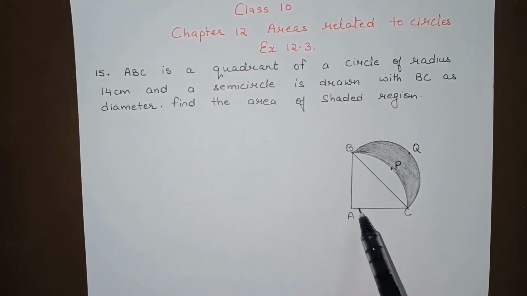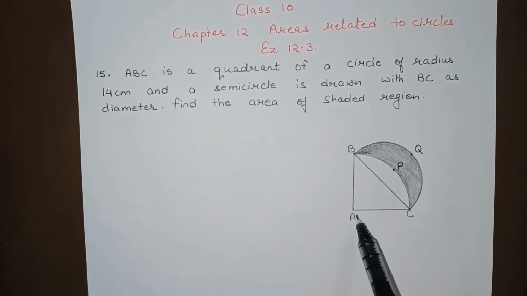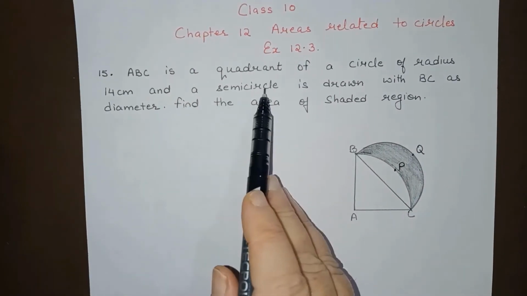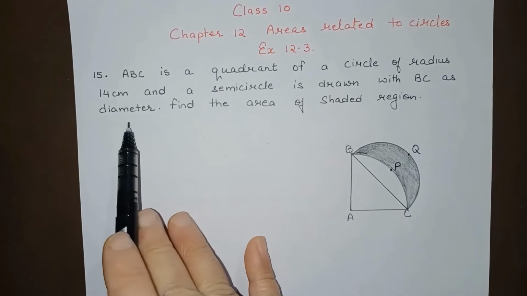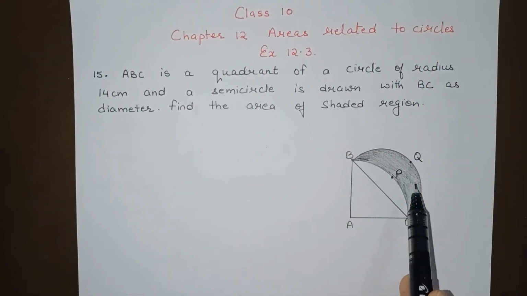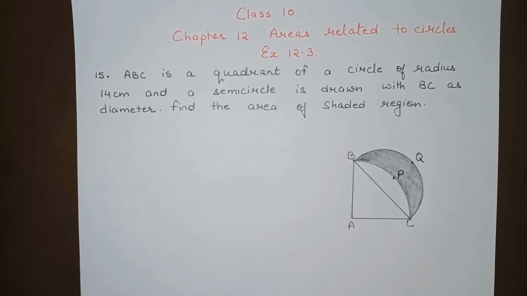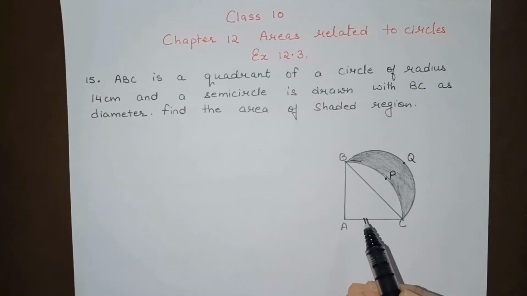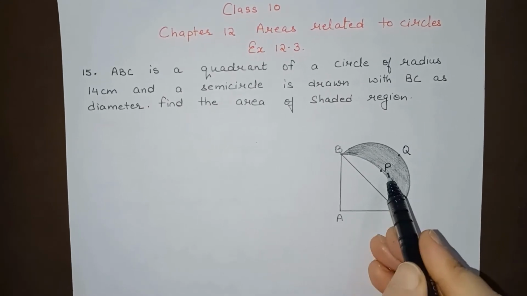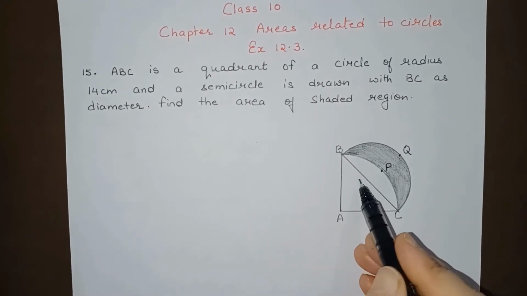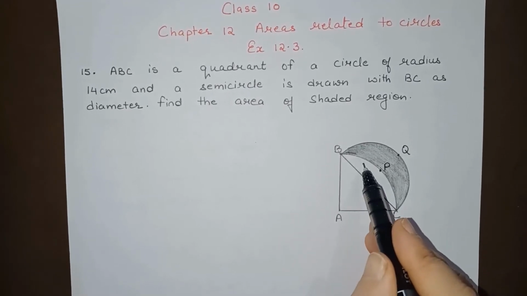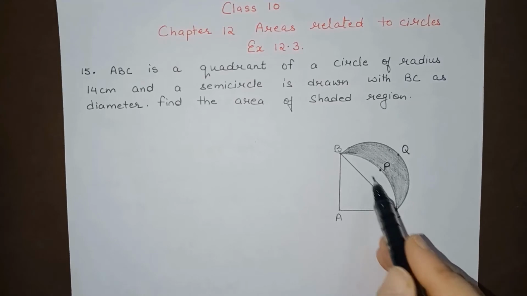this is the quadrant of a circle and the radius for it is 14 centimeter, and a semicircle is drawn with BC as diameter. Now find the area of the shaded region. You have to find the area of this shaded region. Now first of all, we will find the area of this quadrant, and then we will subtract the area of triangle from it. So we will get the area of this segment